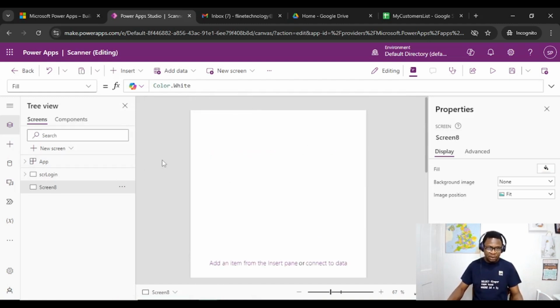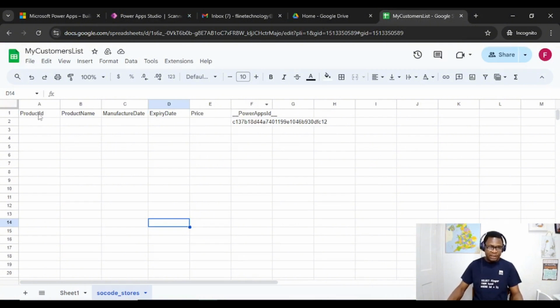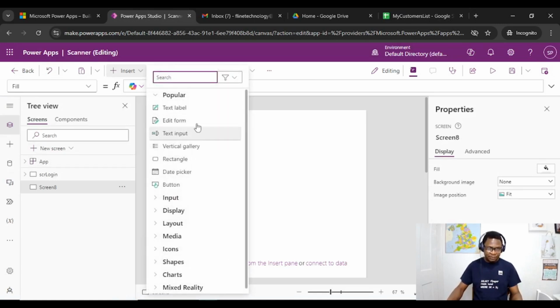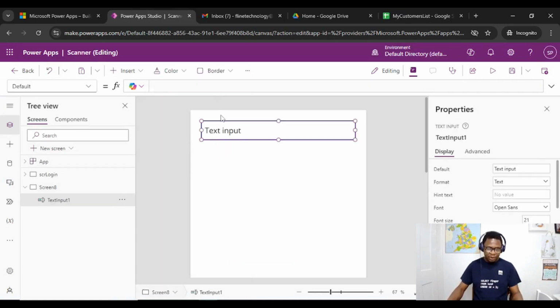and now I have created a database for this purpose, and we've got four fields: product ID, product name, and so on, and this one is not important. That's created by Powerapps itself. So let's quickly drop our objects. We're going to be needing the product ID,